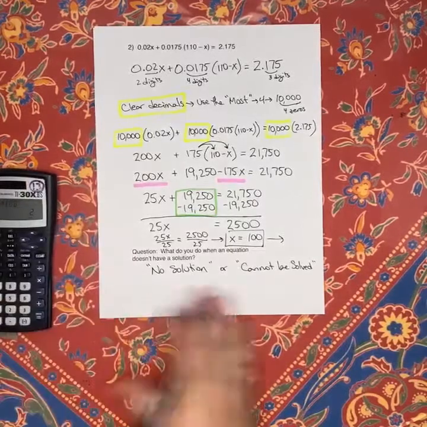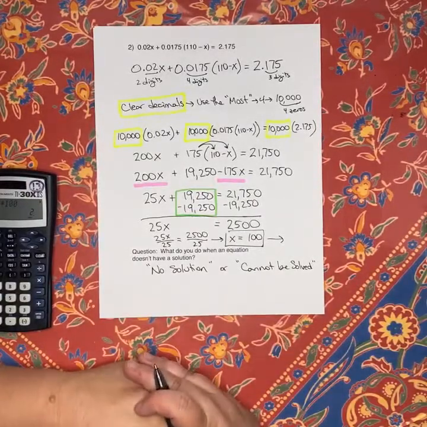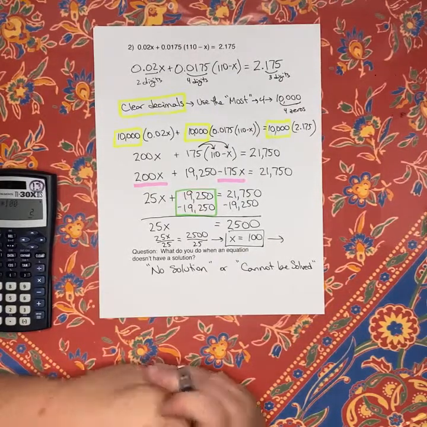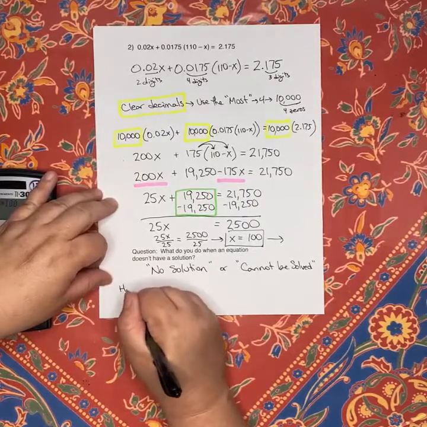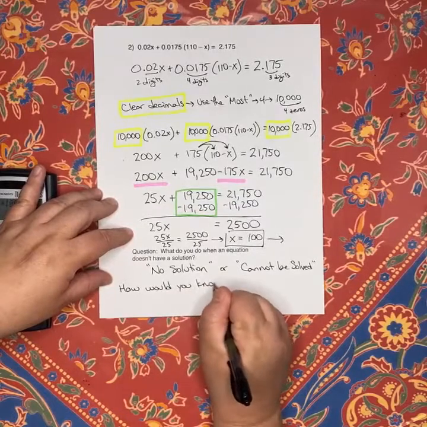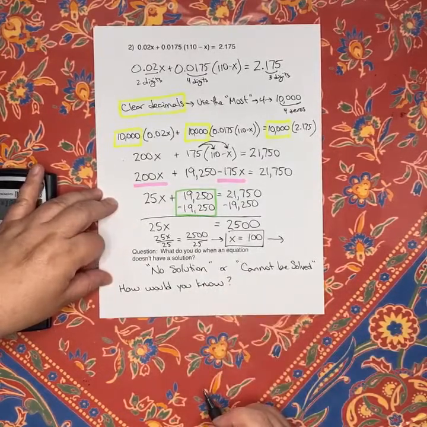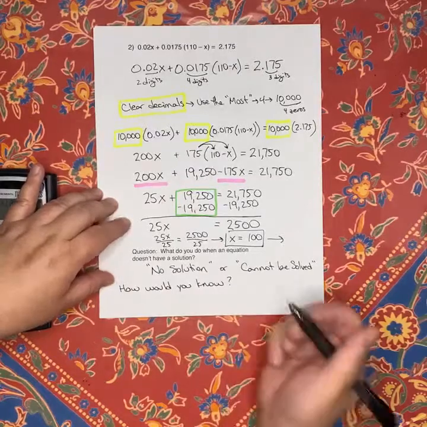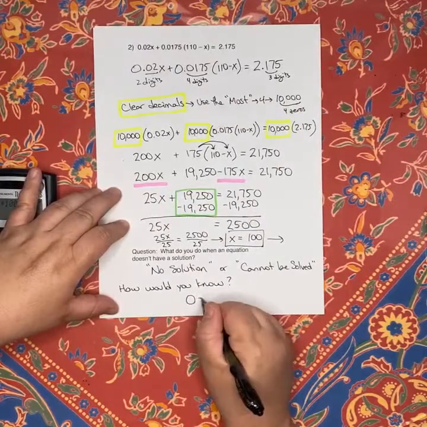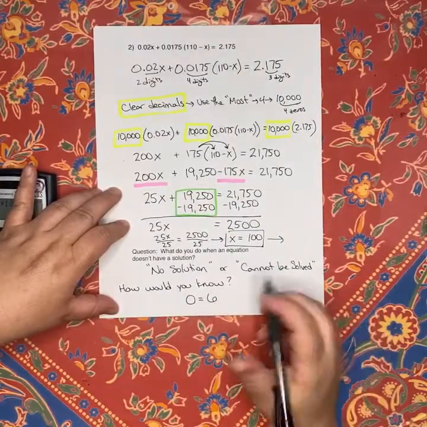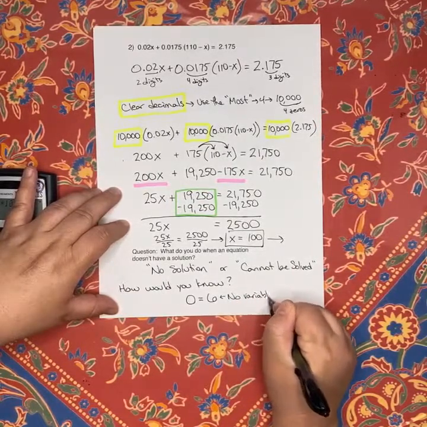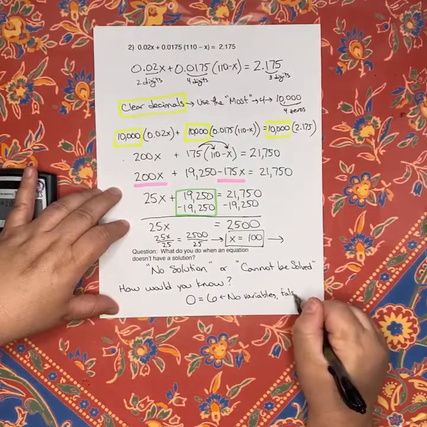Now, something similar. There are a couple other phrases like that. How do you know that that's the situation? Well, what kind of an equation would you get? How would you know? I just want to remind you, how would you know this would happen? Well, this would happen if you did simplifying and somewhere along the line you got something that wasn't true. There are no variables